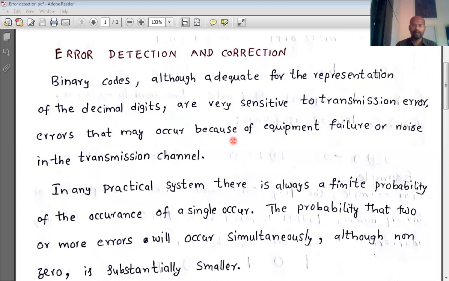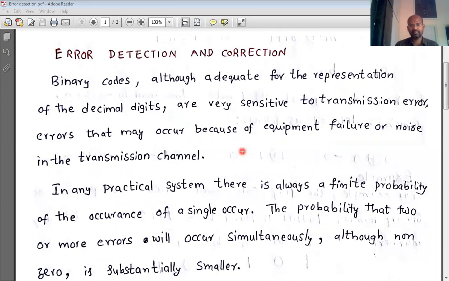One more thing: it is noticed that an error will occur in only one bit most of the time. It may not be in many bit places. So we restrict our discussion only to single bit errors, their detection and their correction.